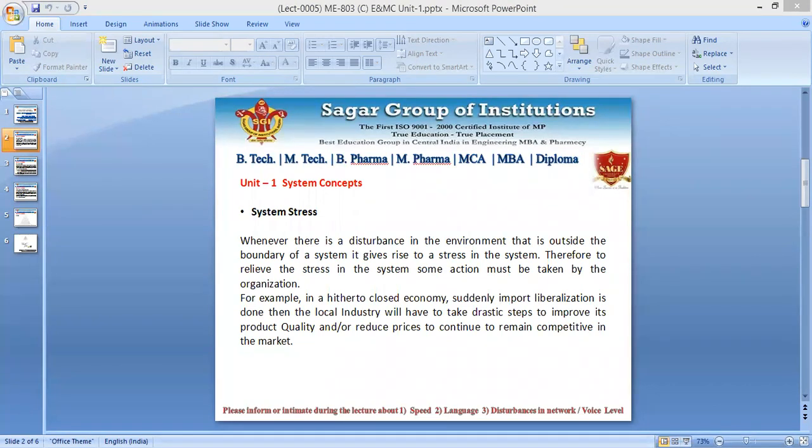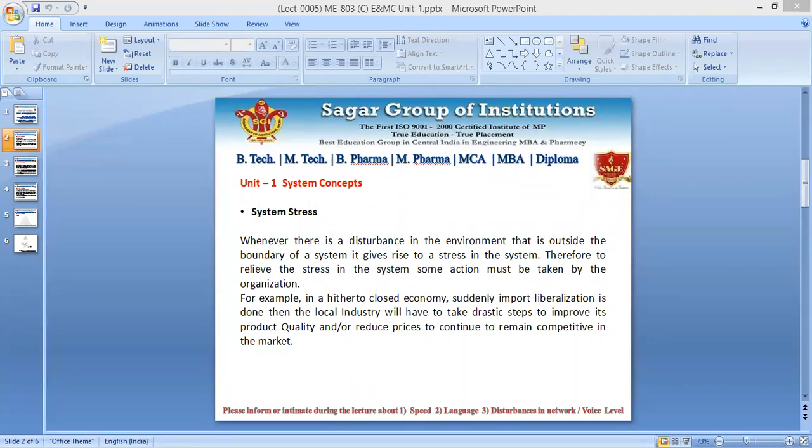It is like certain kinds of messages or conditions which come from the environment side across the boundary, but it increases the stress level of the system, and therefore